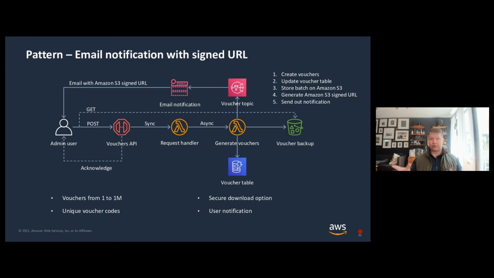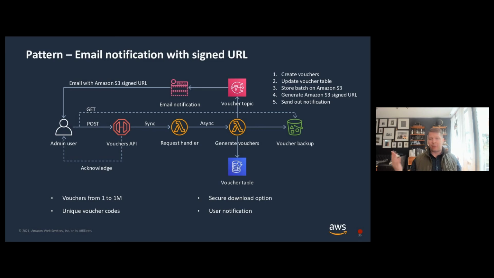Maybe it's a known fact, but when you're making a call to anything beyond API Gateway, there's a 30-second timeout on the high side. You can actually lower it from there, but you can't necessarily raise it. And so what you're really looking for in the request handler is a 1 or a 0 of got it or don't got it. I have the request, I don't have the request. And then the request handler fires over to this generate voucher function, which is an asynchronous function, because we don't know how long it's going to take.